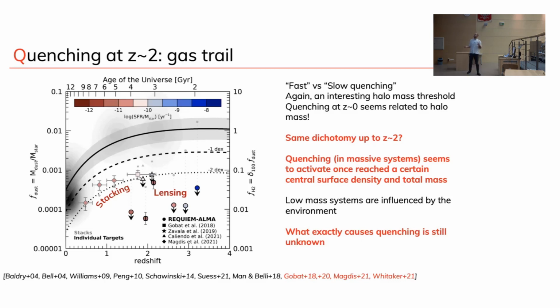So people have been relying on two approaches. And so here you have two examples. People either stacked hundreds of quiescent galaxies trying to look for some signal. This is the work by Rafael and Yorgo Magnus. And you see that you find these points here from stacking. So at redshift 2, you have something which might add up to 5, 6, 7% of the stellar mass, which is still in gas.